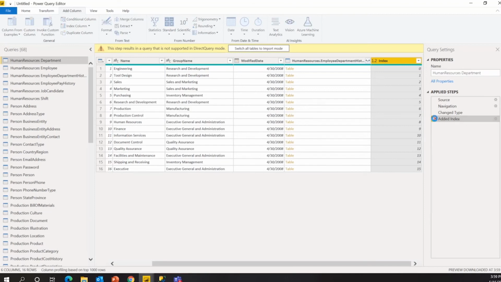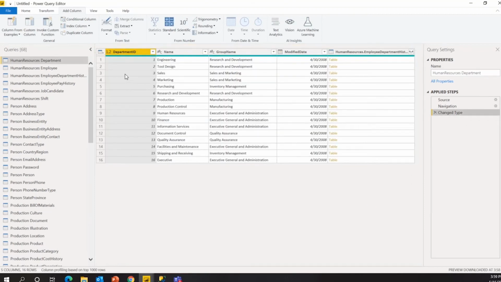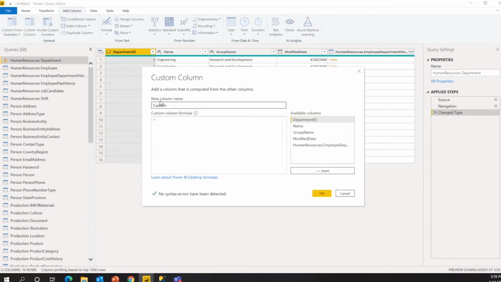Okay, I don't want this right now, so let's get rid of this. Okay, then you have custom column. So you can give a column name, anything. Maybe I'll just give custom column and equal to, maybe I'll give a group name. And suppose I want to merge it with another column. Okay, 1 second.